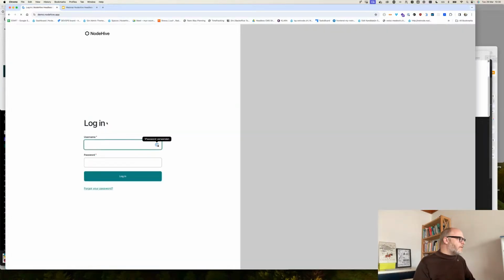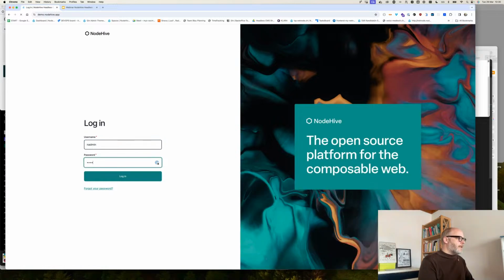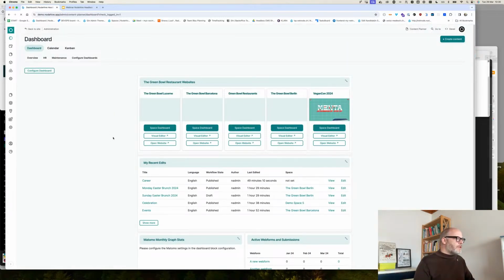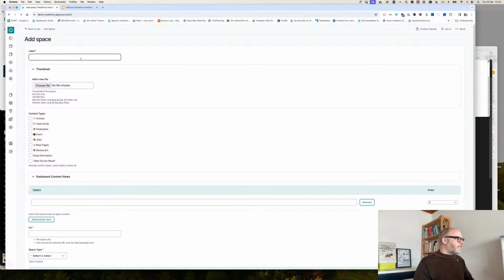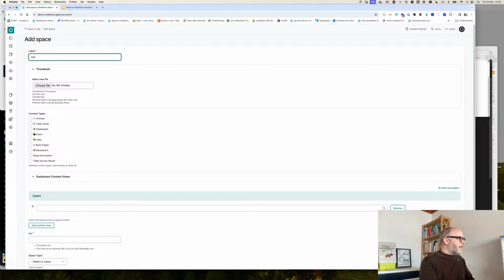So for that, I log out. Now I log in as a user with more user rights. Again, I have the dashboard, and you already see I'm now able to configure the dashboard. I will demo that in a minute. But now what I want to do is create a new space. You see I already have a lot of demo spaces, but now I create a new one. And let's call that Careers